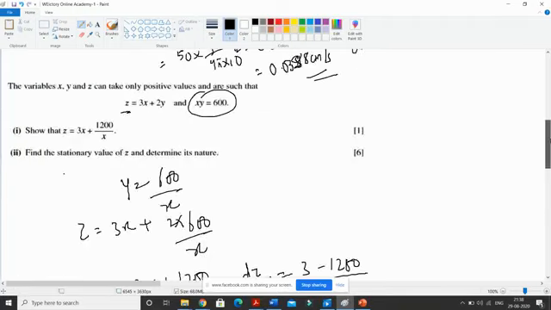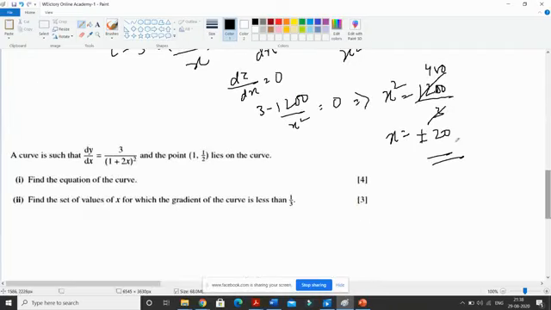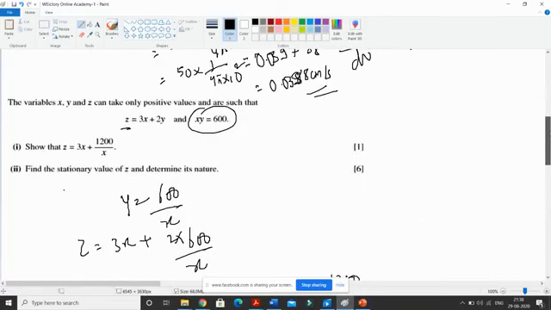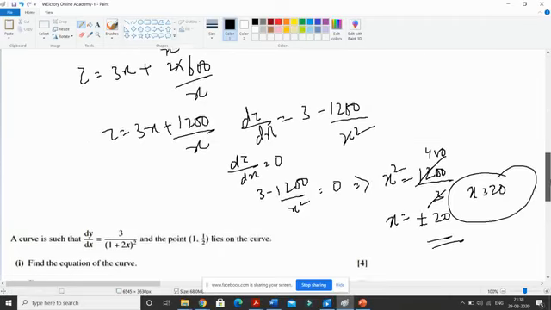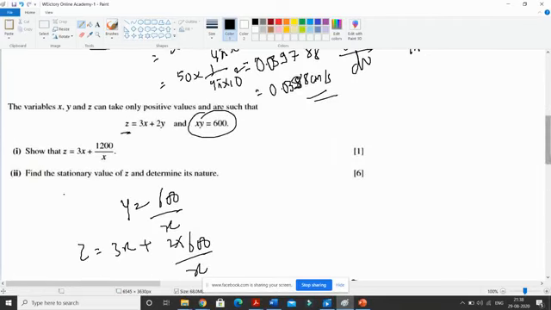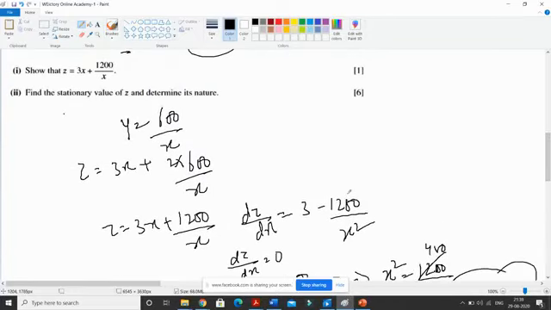So we are getting x as plus or minus 20, and it says it can only take positive values, so we can only take x as 20, right? Because it cannot be negative. So the stationary value of x is 20, and as we want the nature, we need to find the double derivative of z. So the single derivative is this. If you find d square z over dx square,